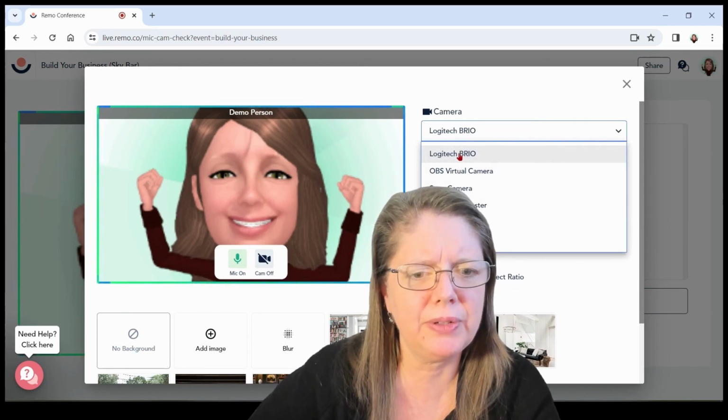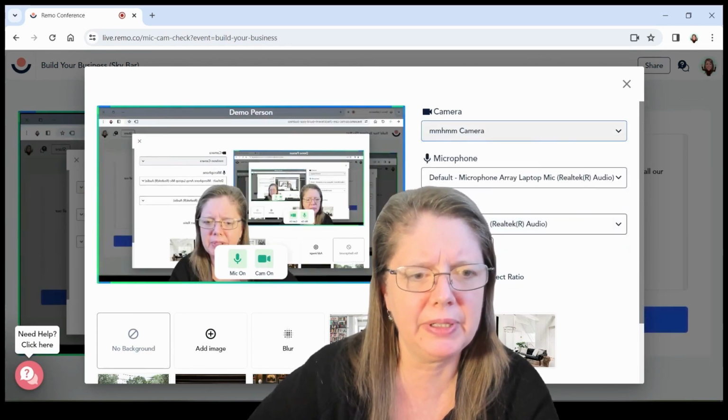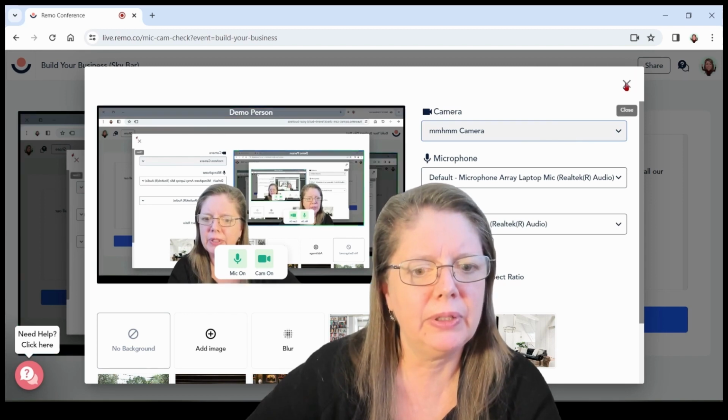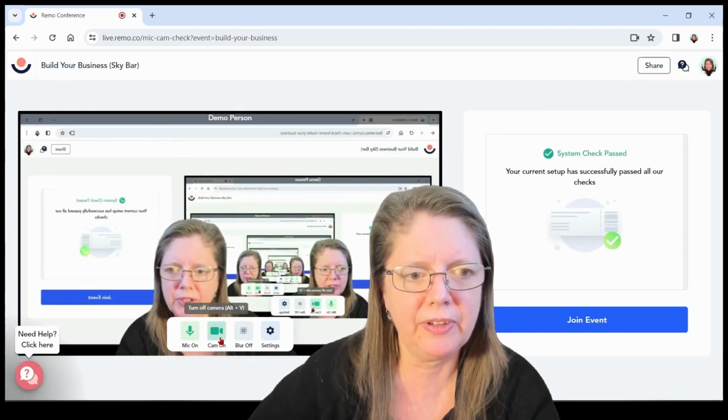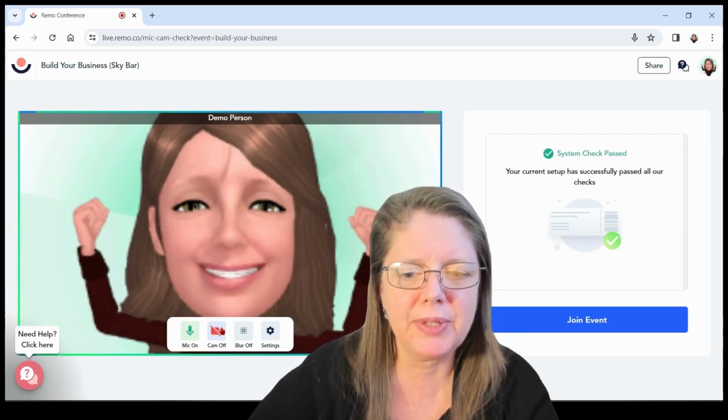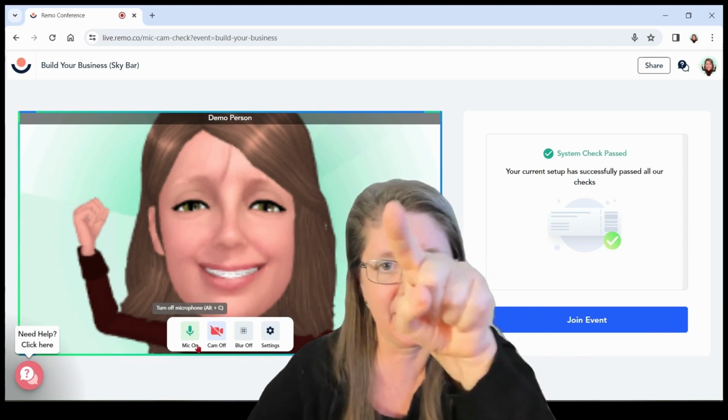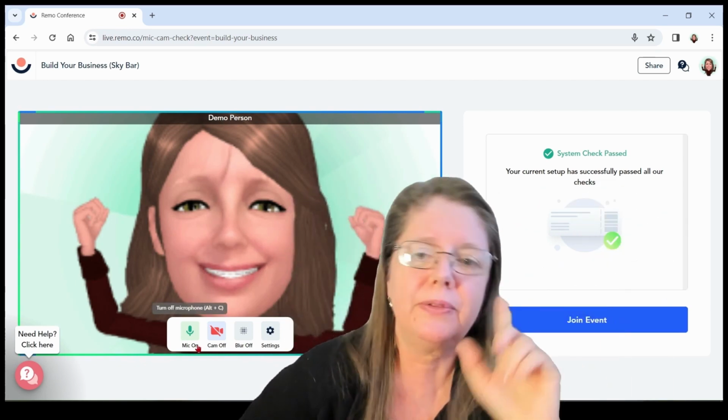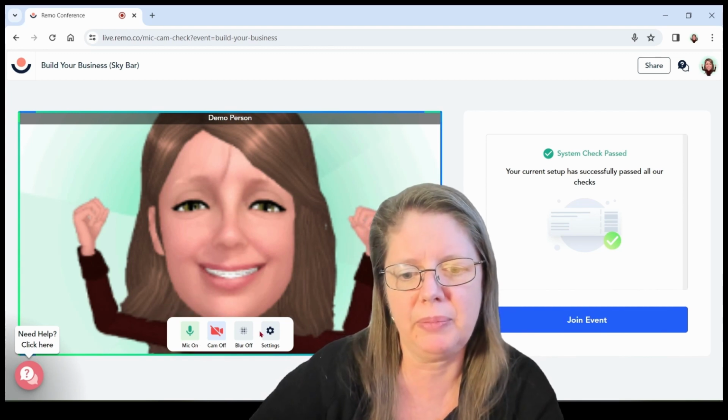I think my issue is my camera. I'm going to close that and turn off my camera. My system didn't pass because I had the wrong camera, because my camera is going through another system. So if that ever happens to you, check your camera and make sure it's set up properly